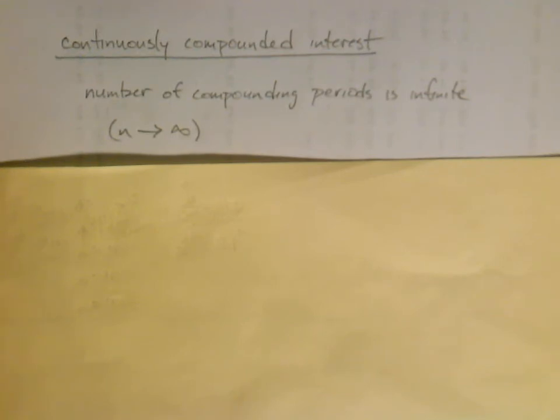We always introduce continuously compounded interest when it comes to investments. That's just a natural progression from compound interest. Truth is, you never see continuously compounded interest in the real world with investments of money, but you do see it, and you can model it really well, when it comes to population growth,